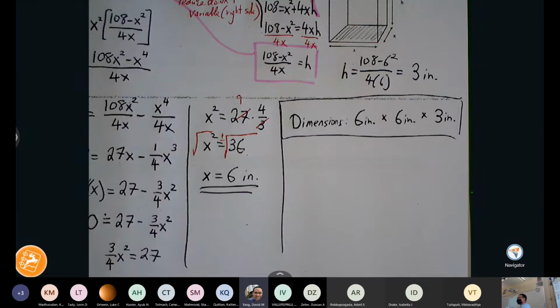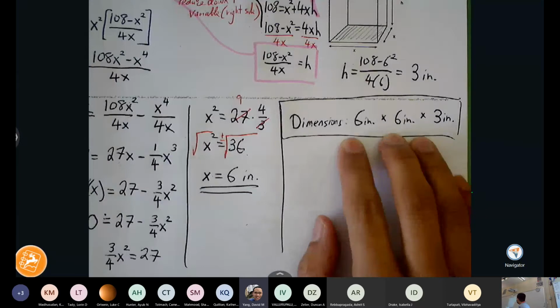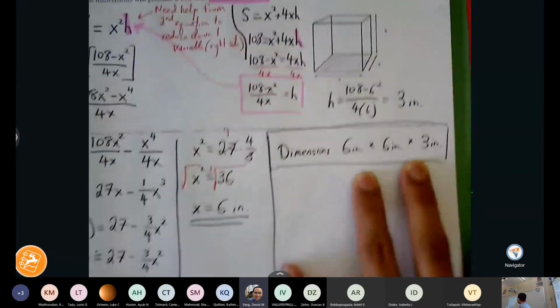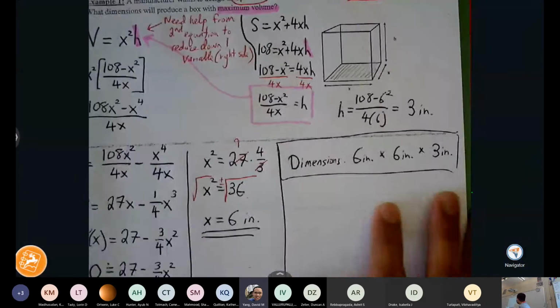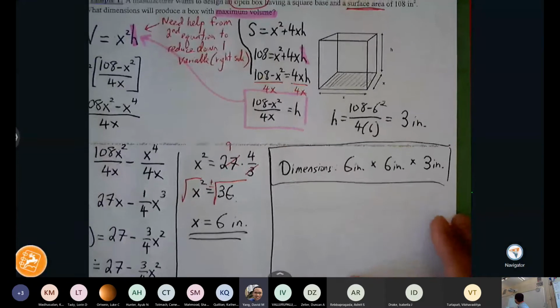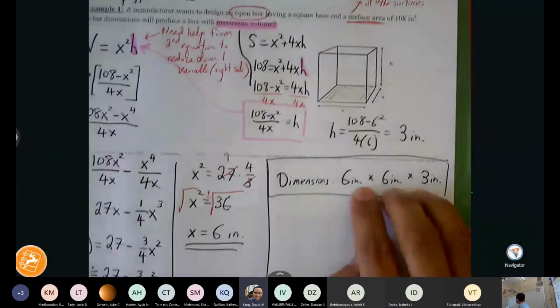Okay, any questions? I don't, like, it's not really a question, like, but when it says maximum volume, wouldn't it, like, why does that matter when it just would be the dimensions every time? Like, does that make sense? Right, it's like, why, let's see, maximum volume. So